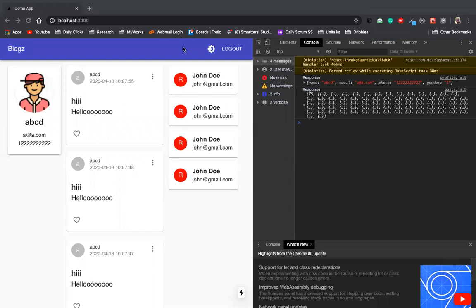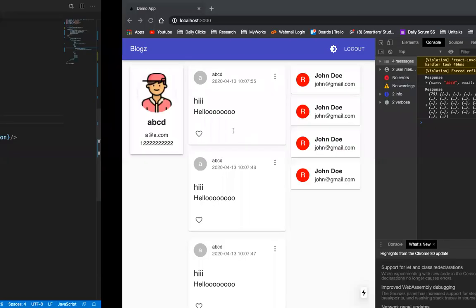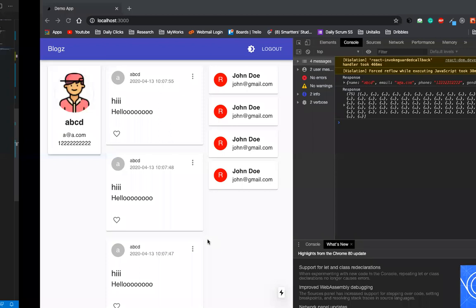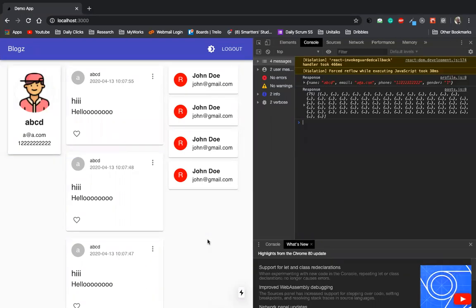Okay, so how does each work? Suppose our post has 5 elements. So I will do the post.map, and then it will run 5 times. How will I access the element on each run?